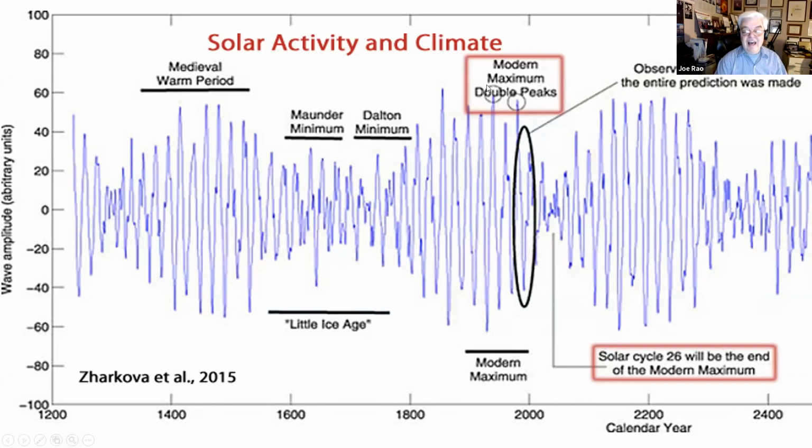We've had a lot of activity during the 1950s, 60s and 70s. Sunspot activity was unusually high. And we actually had, according to Zharkova, double sunspot peaks during the 70s and into the 80s. But now, take a look. Sunspot activity has now begun to diminish again as we move toward the end of the 20th century and into